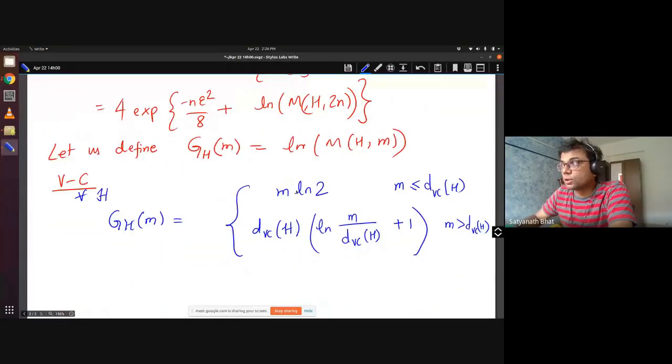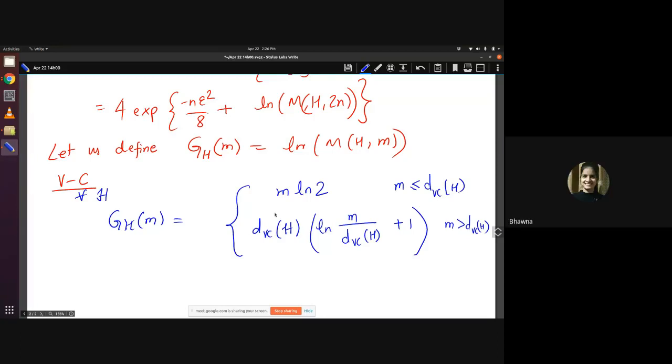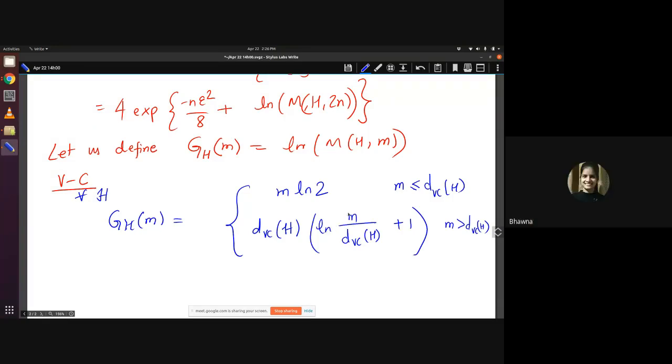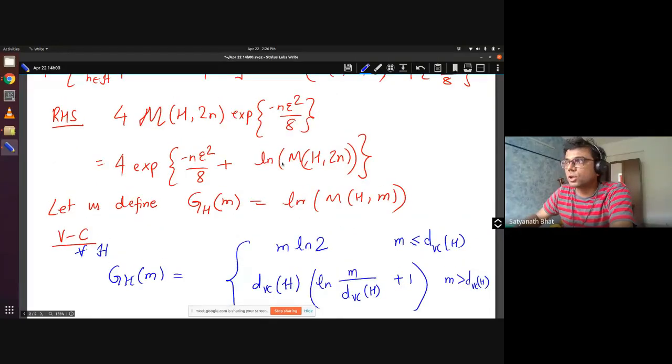No, it is equal to 2 power n only when your number of data points is less than the VC dimension. As soon as you cross the VC dimension, as soon as your number of data points is beyond the VC dimension, what you have for the growth function is a constant, right, Bhavna? Yes, sir. So only thing that is varying is m, so this is now logarithmic. Can you see that? It's log. ln is natural log of n. Correct? Yes, sir. So now when you put natural log of n here, then you can learn.